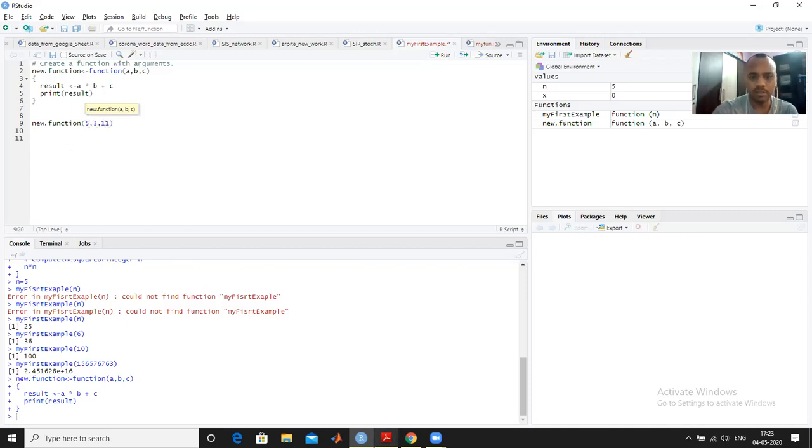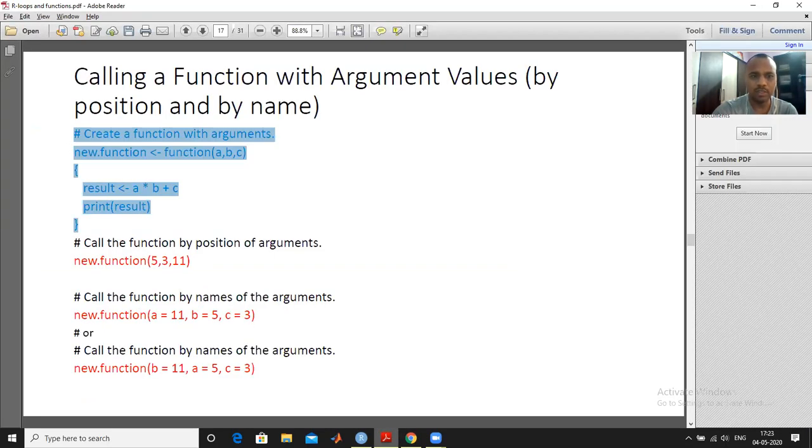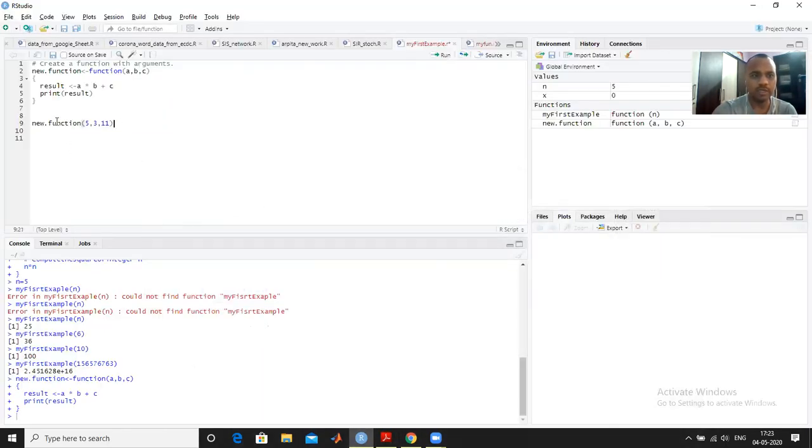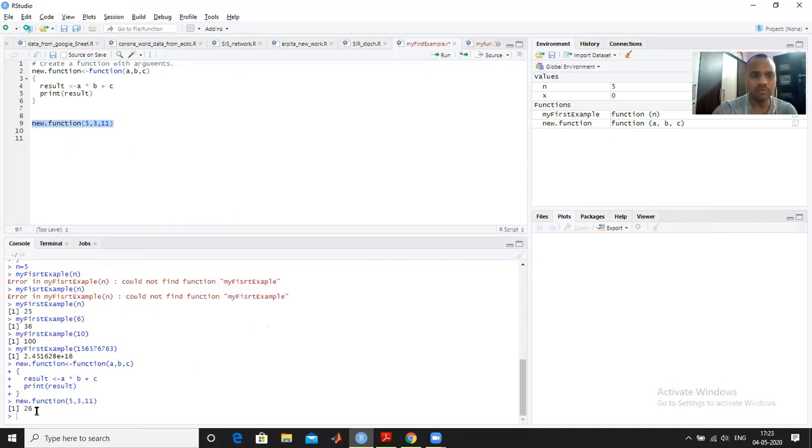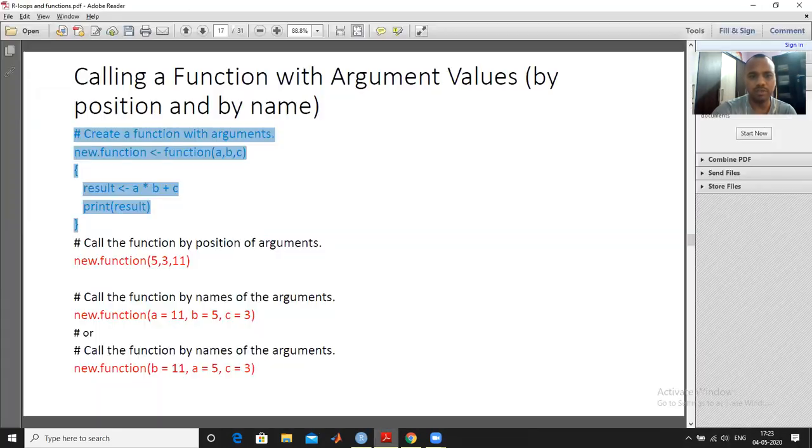I check 5 3 11. Yes, and suppose I select it and run it. Yes, output is 26. What will be the output? Because 5 into 3 is 15 plus 11 is 26. So this is known as calling by position, meaning it will take the position wise.